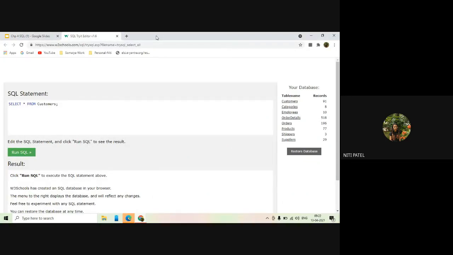Now I do not have SQL software in my system, so I will be executing it on W3Schools and I will show you. If you want to execute your programs on W3Schools, it is okay. You can execute there and copy paste your outputs into your templates or experiments when I share them with you. If not, you can download MySQL server. Since the college is not working, I cannot get the SQL server from there, so until I give you the software, keep practicing over here only. Writing the queries is the same in both, and executing the queries is also the same in both. There is no difference.